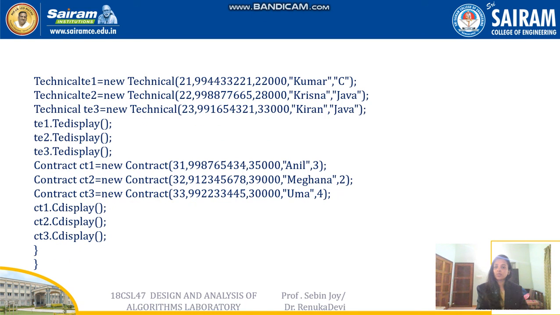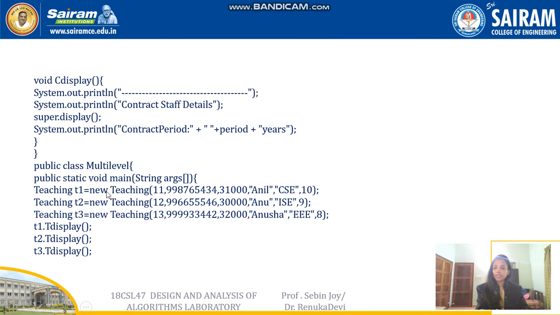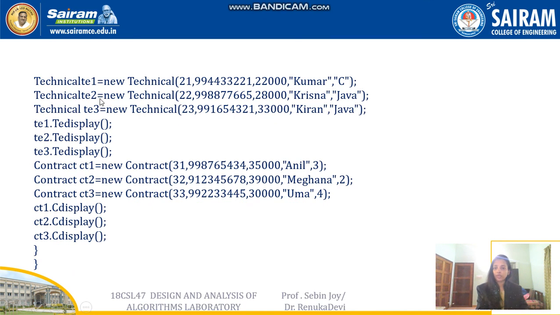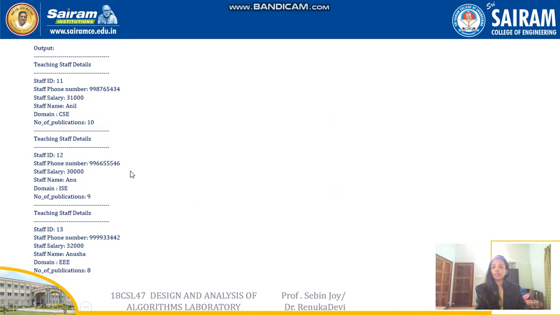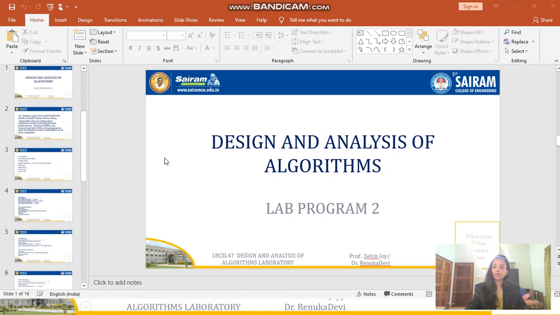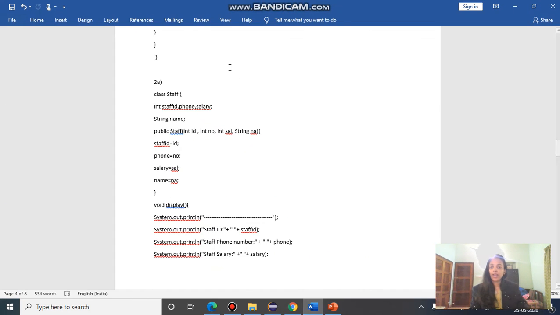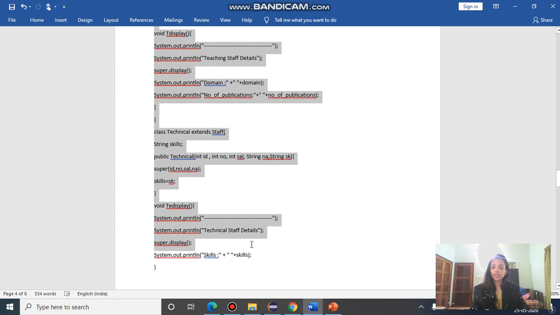So what we will do is we will create three objects for the teaching, and we will create three objects for the technical, and we will create three objects for the contract class, and we will pass different variables. All these things we are displaying by using the corresponding display function. Now we will see how we will be able to run this. So for that, what I have to do here is I have to copy the 2A program, and I'm putting it on the